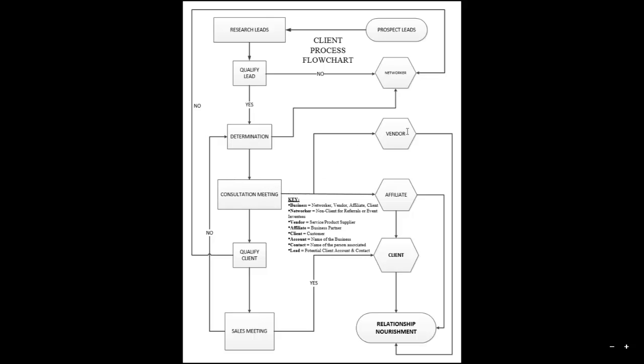So if you want to get services from them, they'd be a vendor, and that is like Dell computers or computers. And if you want to work with them, they'd be an affiliate, and this is where they're your partner and you make them a referral for a fee, or they give you a referral for business. And also the affiliates will work on the clients with you, obviously. And then to say you want them to be a client,